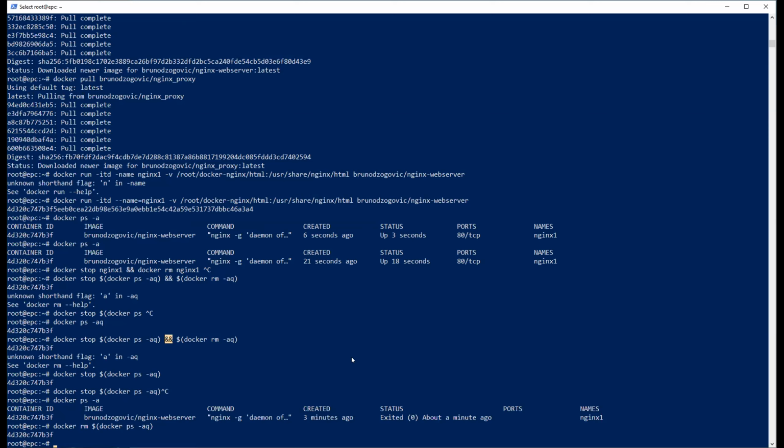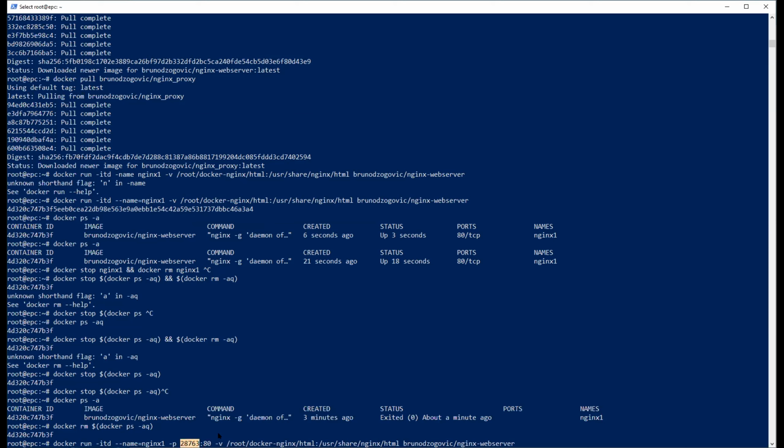So if we want to proceed with the web server, I'm going to go back to the command for running the server. What we can add here actually is an IP address. We can add also a lot of stuff. First thing is we can add ports, -p 80:80, or you can add -p 28763:80. So port 80 will be exposed on the container, while this port will be exposed on the host.